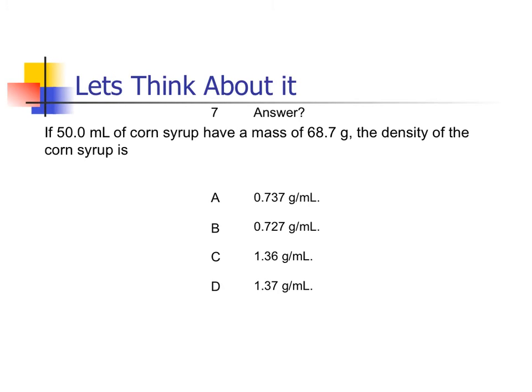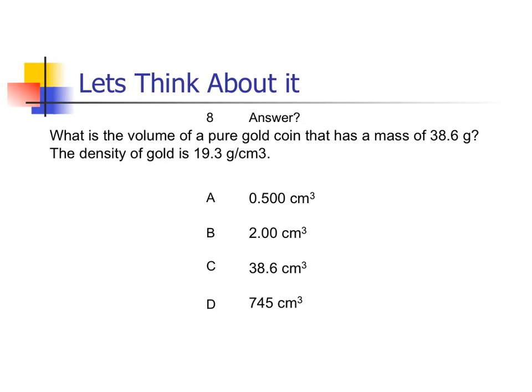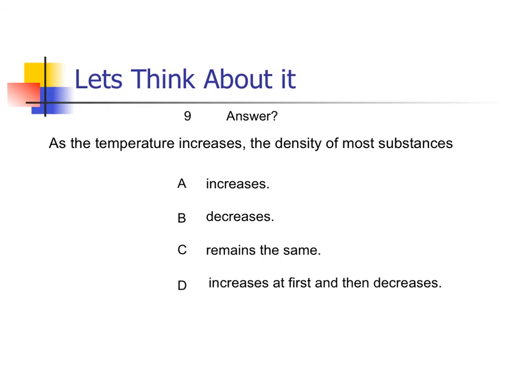If 50 milliliters of corn syrup have a mass of 68.7 grams, the density of corn syrup is what is the volume of a pure gold coin that has a mass of 38.6 grams. The density of gold is 19.3 grams per cubic centimeter. As the temperature increases, the density of most substances